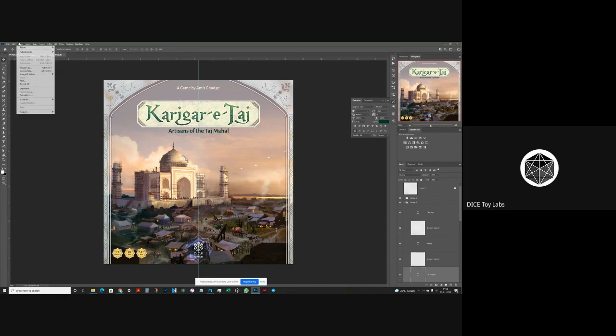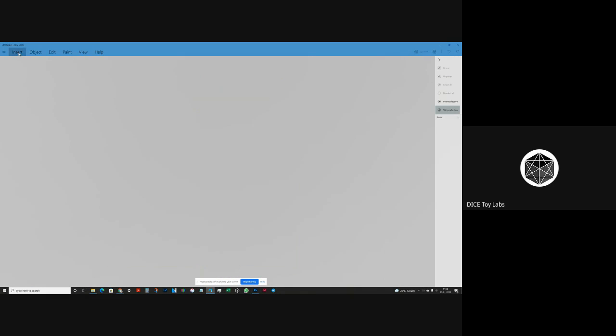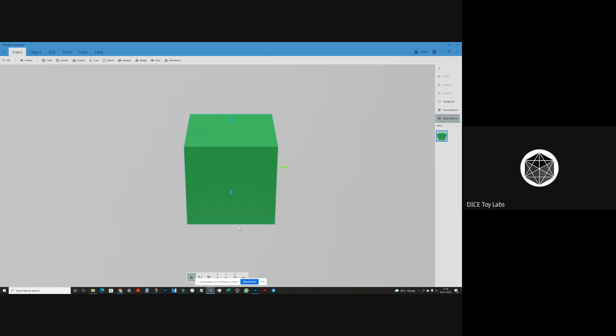Now I want to get the image dimensions for this in centimeters or millimeters because that's the dimension that the app uses, right? So it's 266 by 266.7, correct? So what I'm going to do here is I'm going to insert a box and then I can set the dimension for this,